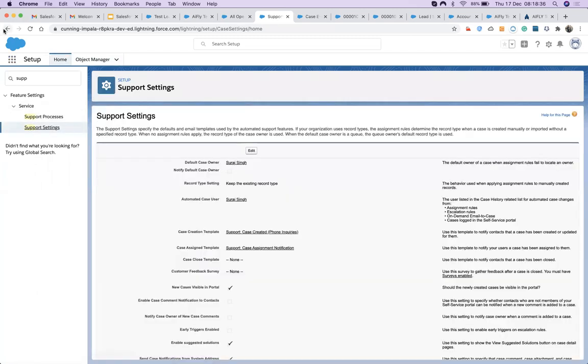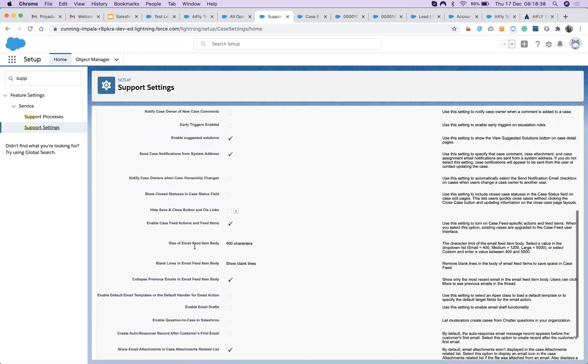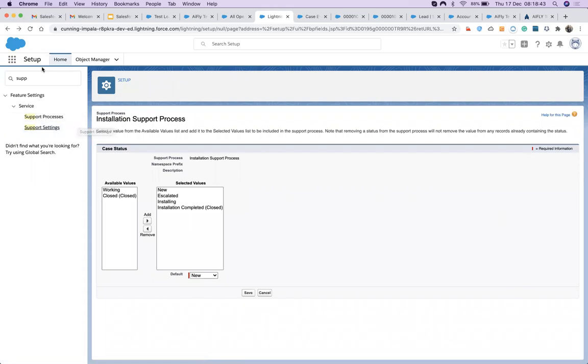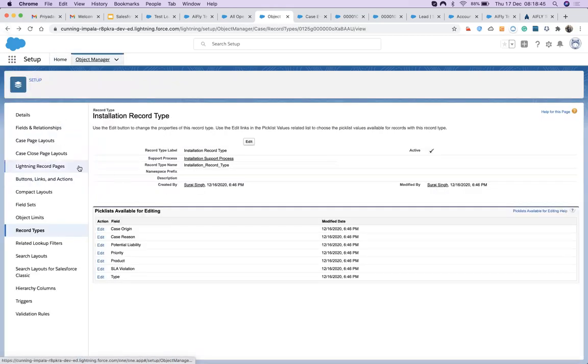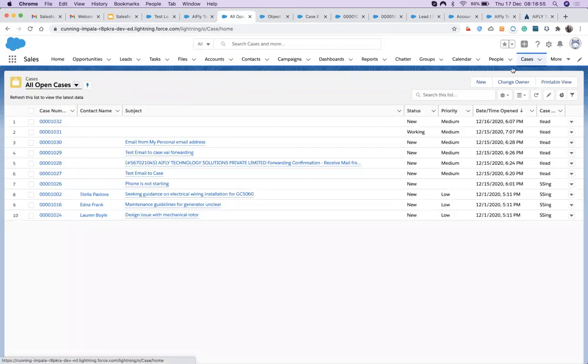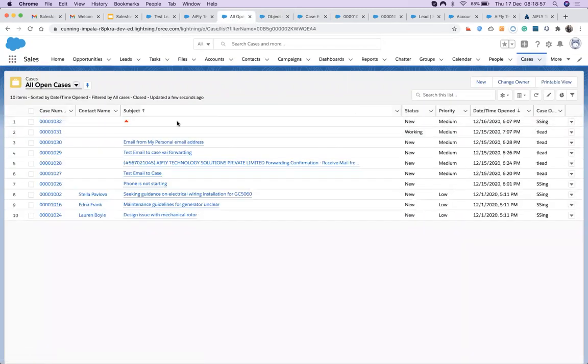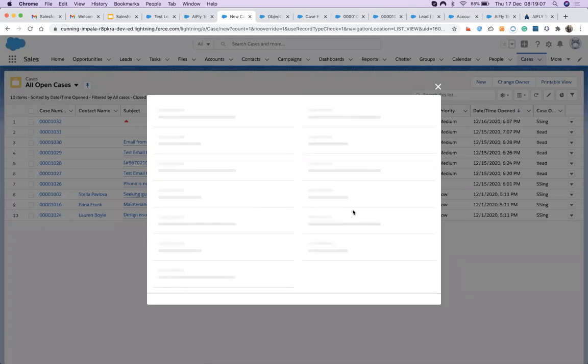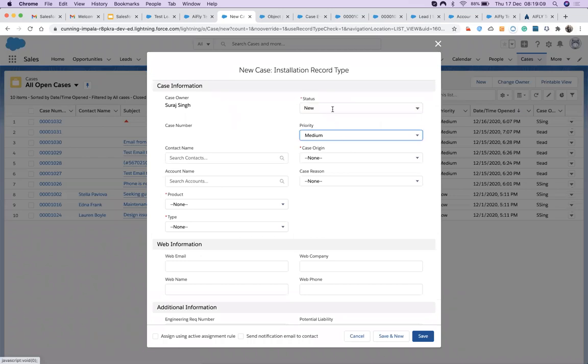No, that's not the support setting. It's about defining other things, and what it will do is that whenever a new case is created, it does something with that. Let's check. On the basis of record type, we are defining the support. Why is it coming back like this? Now it's asking for the record type. Suppose it's the installation record type, and in the installation record type we will see that